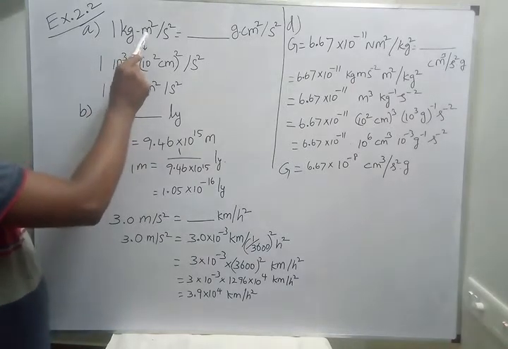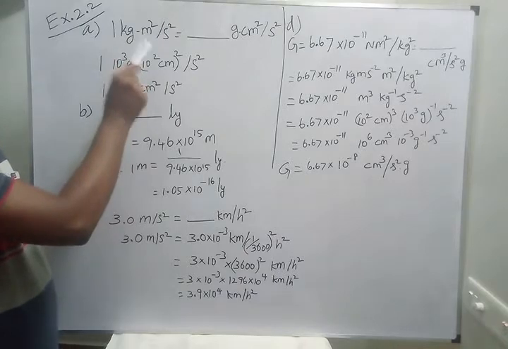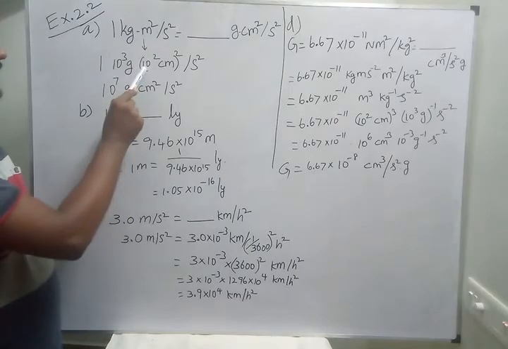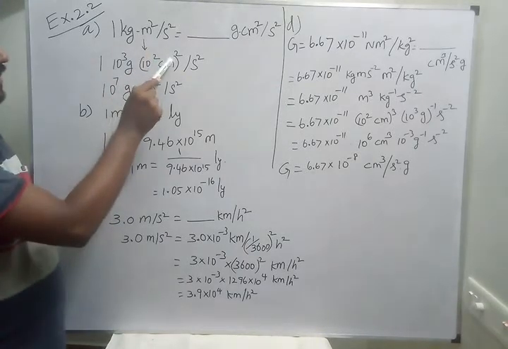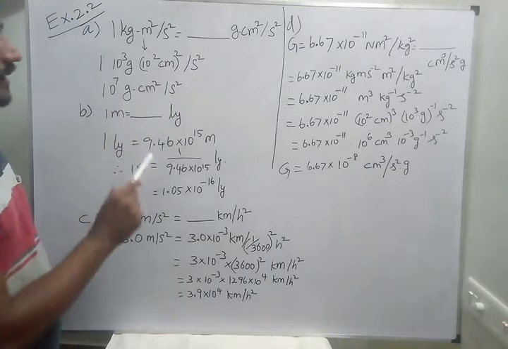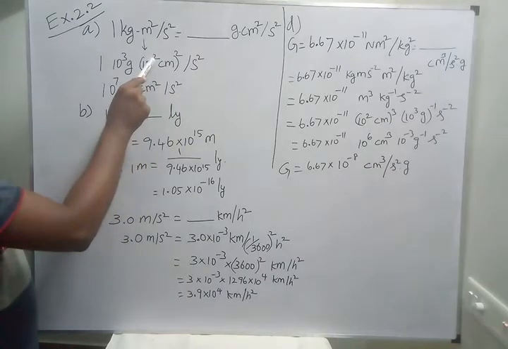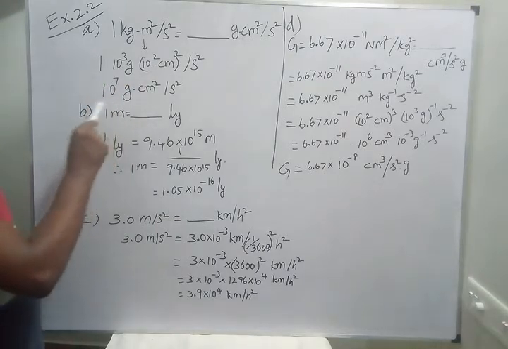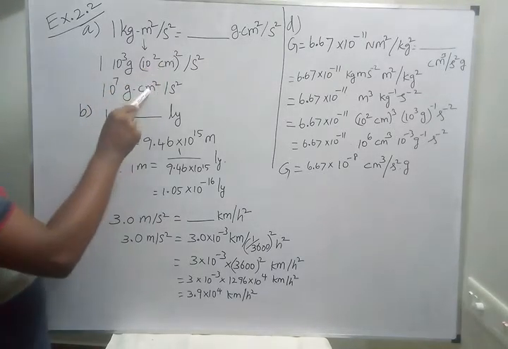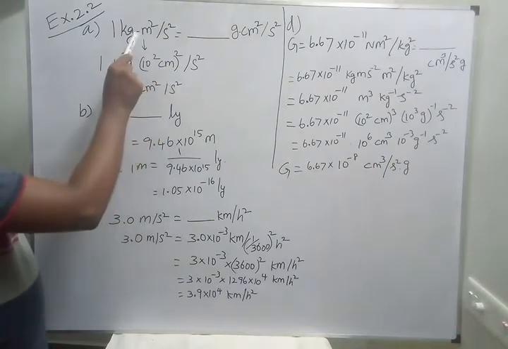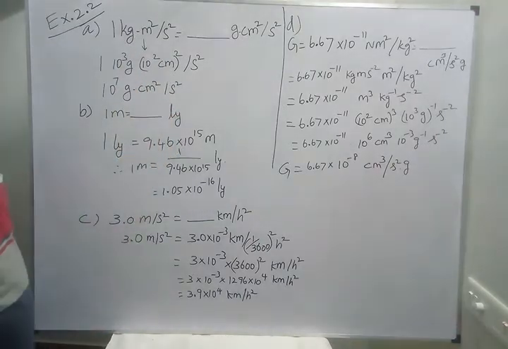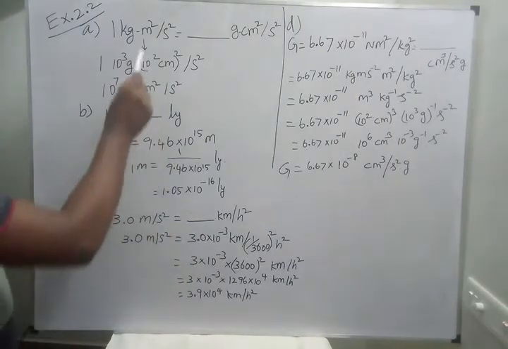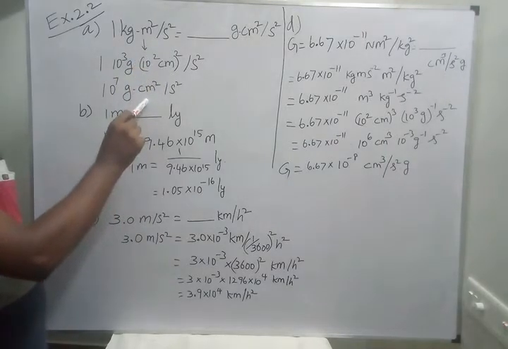And meter squared. 1 meter equal to 100 centimeter. So we can write 10 power 2 centimeter, the whole squared, divided by second squared. So totally we have 10 power 2, the whole power 2, that is 10 power 4, times 10 power 3, totally 10 power 7 gram centimeter squared divided by second squared. So this is equivalent to 10 power 7 gram centimeter squared by second squared. This is SI unit system to CGS system.